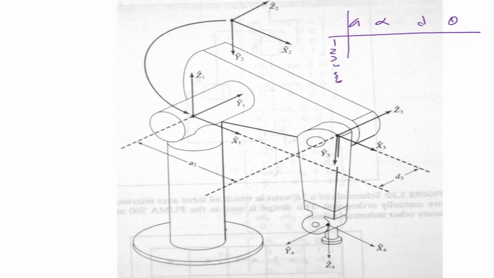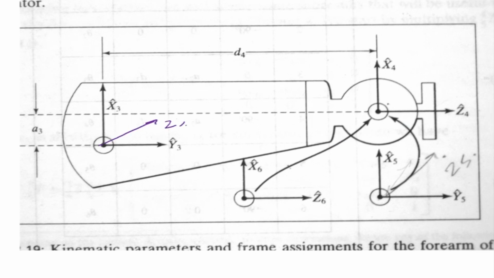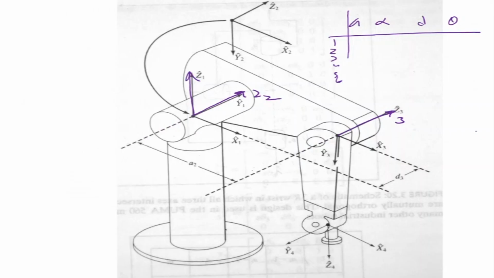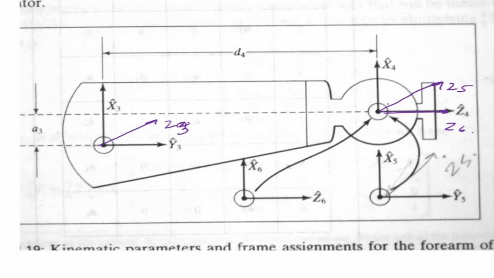This is my Z0, Z1 axis. This is Z2, Z3 is there. Z4 is that side, Z3 is this side. This is my Z3, Z4 is here, Z5 is that side, and Z6 is back this side again. In terms of the x-axis, we have seen that Z2 and Z1 are intersecting, so x0, x1, x2 are outward from the plane containing Z1, Z2. x3 is this side, x4, x5 and x6 are in that direction. So we have made our DH parameter table, which is like this.